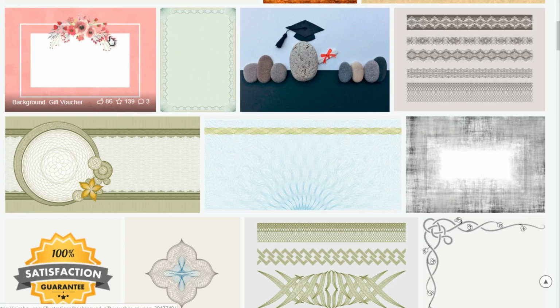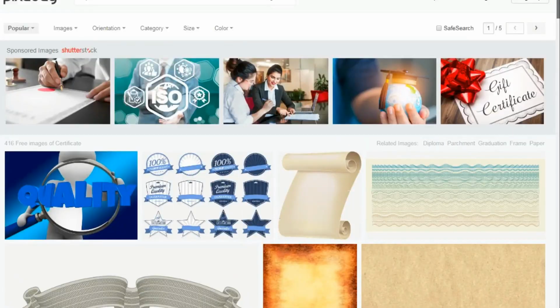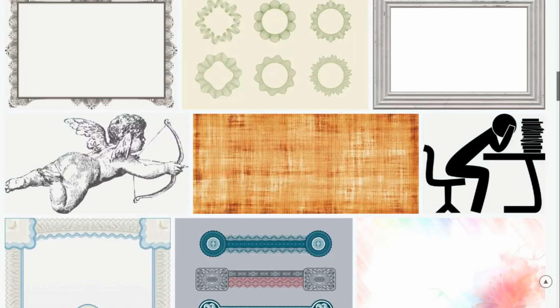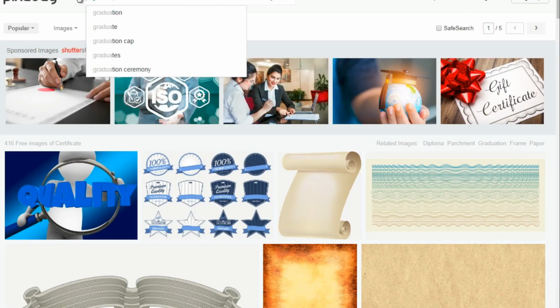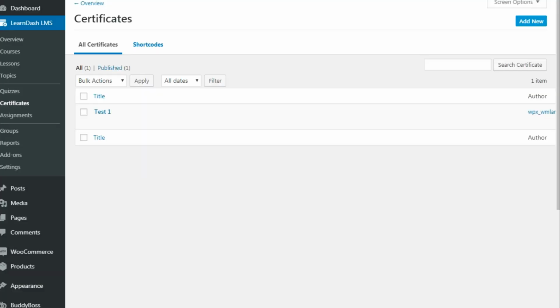So it's okay to have some words, but you do want to have some bare spots. For example, if you had a certificate that had a lot of words like this, that would not work. So all you need to do is simply download one of these. So let's go back up here. And I actually downloaded one earlier and uploaded it as an example.